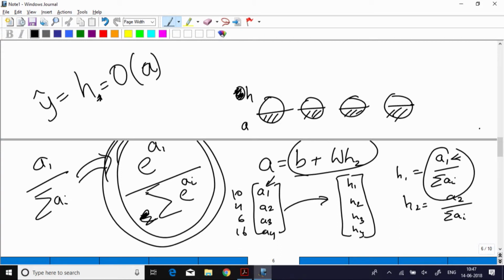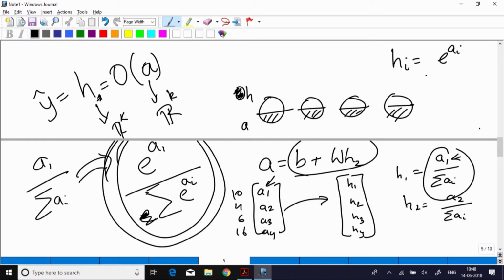So now let's understand the dimensions again. What's the dimension of A? How many elements does A have? K. How many elements does h have? K. So when I say h is a function of A, I need to tell you how each element of h is related to each element of A. And that's what I have told you: h_i, the ith element of h, is equal to e raised to a_i